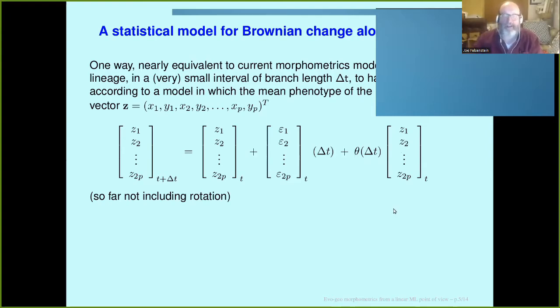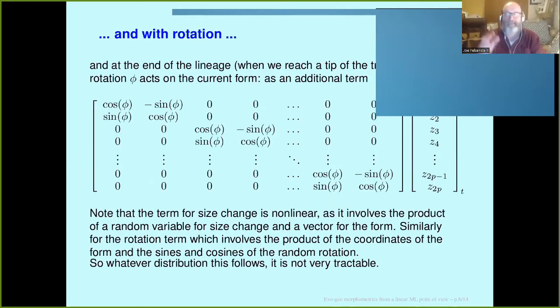Well, here's a model, and you look at it and say, okay, you've got a statistical model. What kind of a model is that? And the answer is it's not a linear model. And it's not a linear model in this case because of one important reason. The size change depends on the current size, which is a random quantity. And it depends on a random variable, which is the wandering of a size quantity, theta. And so the product of these two random variables means that this isn't linear. Now, how do we get around that? The usual way,